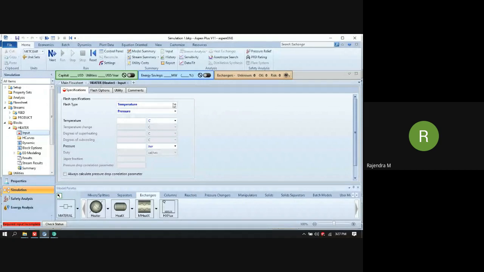Here we have the temperature flash type. Heater is there, flash type. We have different information we can provide in order to have the convergence. Here in Aspen Plus, it will not show what the error or the next required input is. On the left hand side, it will just say that required input incomplete. Okay.